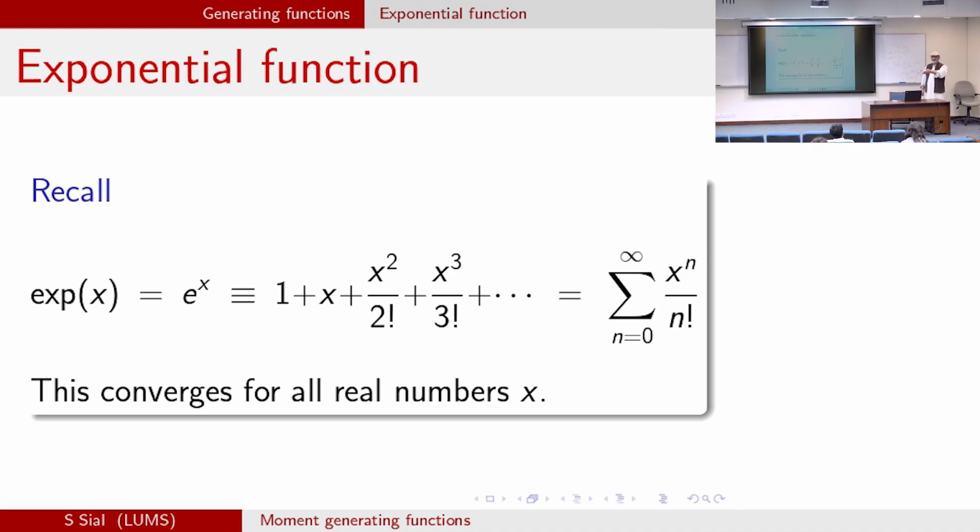That's the geometric series. It converges for some values of x, and it diverges for other values of x. So it doesn't converge for x equal to 1, for example. So when you're dealing with an infinite series, you might have sometimes